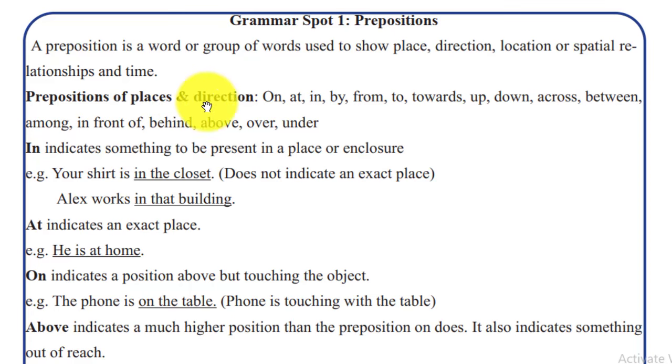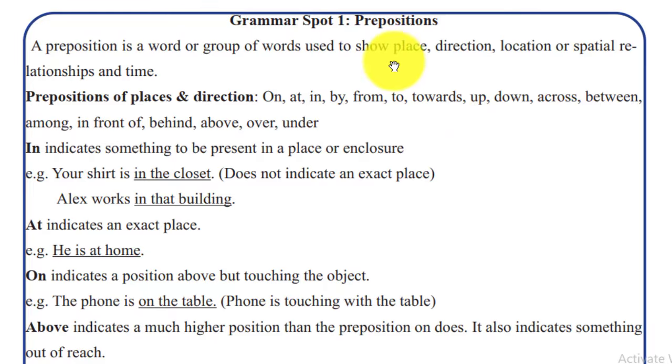prepositions of place and direction። እንግዲህ እዚህ ጋር preposition of place ቦታን ወይም አቅጣጫን የሚያሳዩ: on, at, in, by, እነዚህ ሁሉ፣ from, to, towards, up, down, across, between, among, in front of, behind, above, over, under የሚሉት እኒህ በሙሉ ወይ ቦታን ወይ አቅጣጫን ያሳያሉ ማለት ነው። ስለዚህ ለምሳሌ ቦታን on ስትሉ ከላይ መሆንን፣ at school ብትሉ ትምህርት ቤት መገኛ ቦታችሁን፣ in ስትሉ in አዲስ አበባ፣ in ባህር ዳር ልትሉ ትችላላችሁ። ለምሳሌ to ብትወስዱ አቅጣጫን የሚያሳየው፣ from አቅጣጫን፣ አዲስ አበባ to ደሴ ብትሉ ከአዲስ አበባ ወደ ደሴ። towards ለምሳሌ north ብትሉ ወደ north አቅጣጫ ብትሉ፣